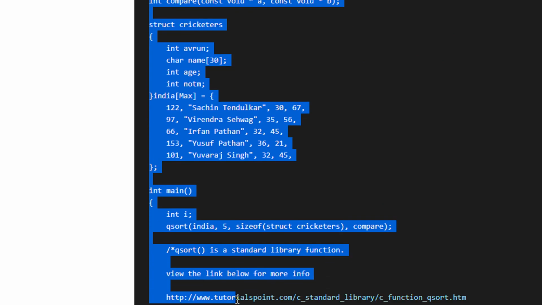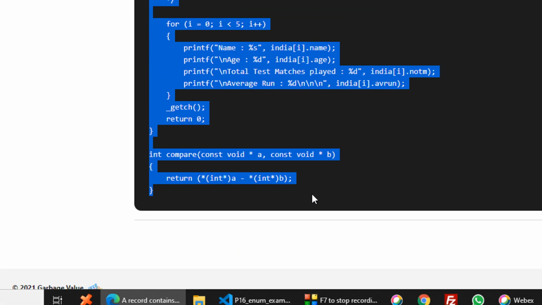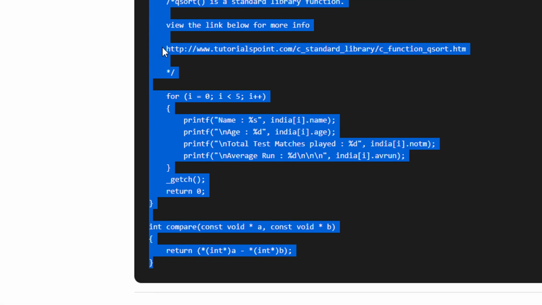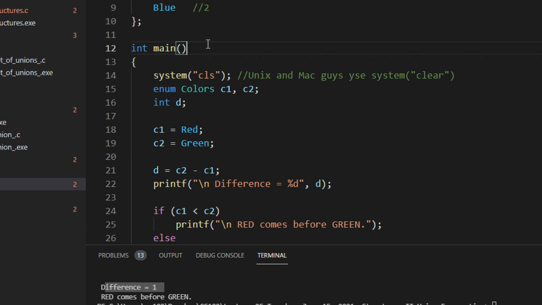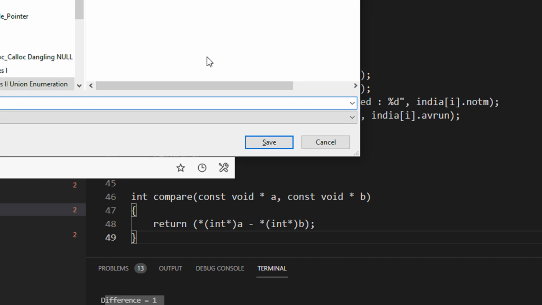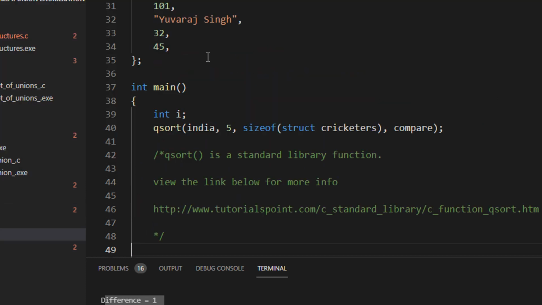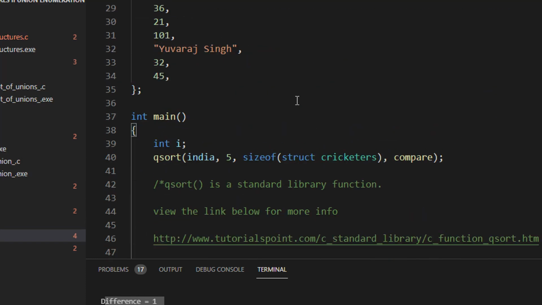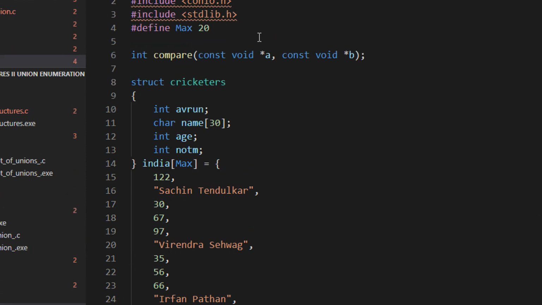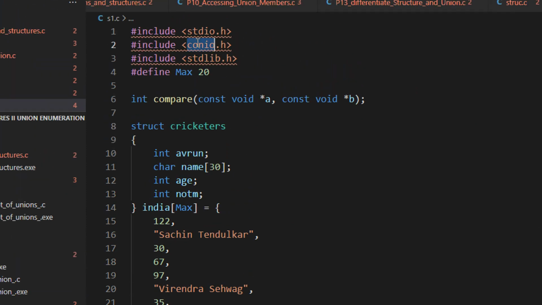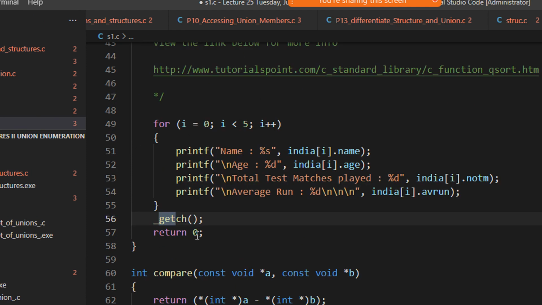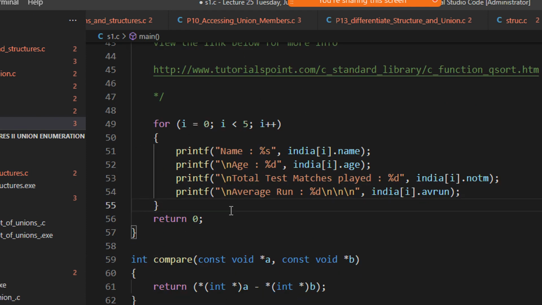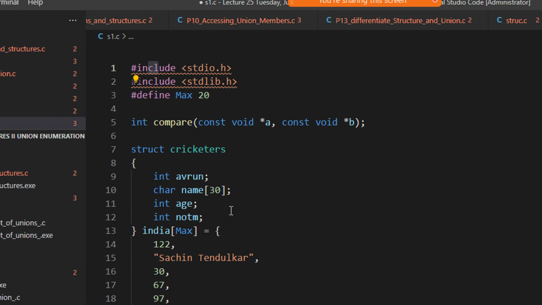So let me just try to copy. It is possible that there might be some errors also in this particular case, but you can just try to fix those basic errors, right? S1.c, unless you are doing it on Windows. So let me just remove this particular line. So you remove the conio.h, and they will be using getch, remove that line. Maybe they are using clrscr also, right? So just try to run the code.